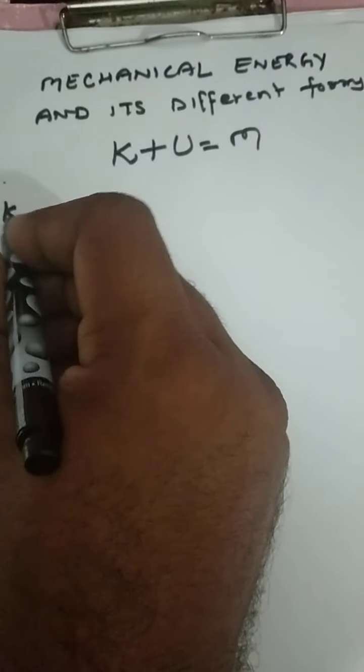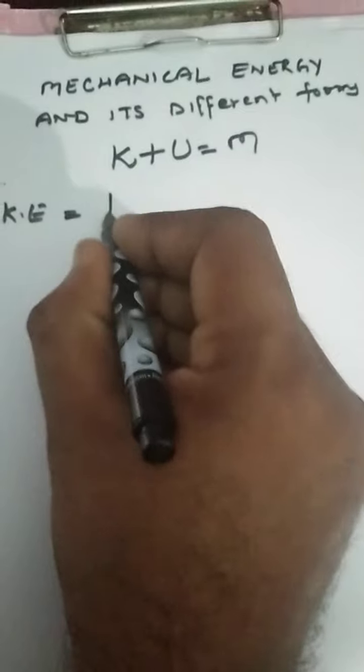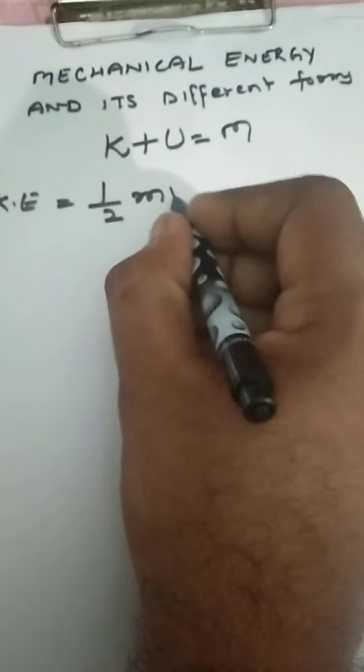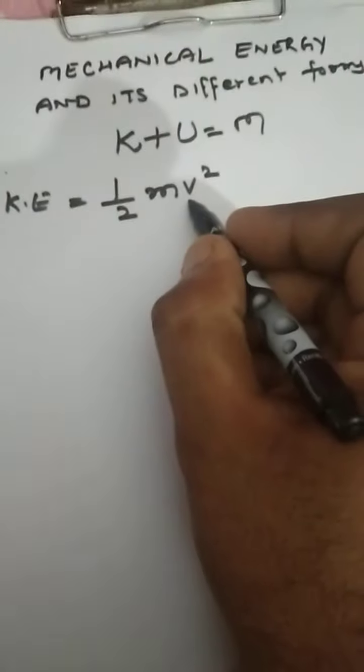As you people know already, the kinetic energy is energy by virtue of the motion of a body, and the potential energy is due to the change in state, position and shape of the body. So first of all we will discuss the kinetic energy. The kinetic energy formula is half mv square, because it is the kinetic energy of the body due to the motion of the body. Here v is speed.